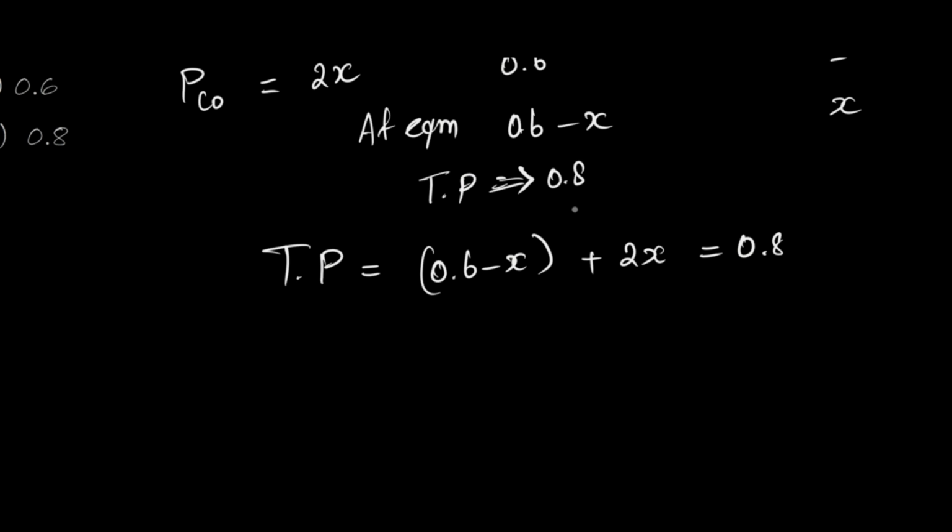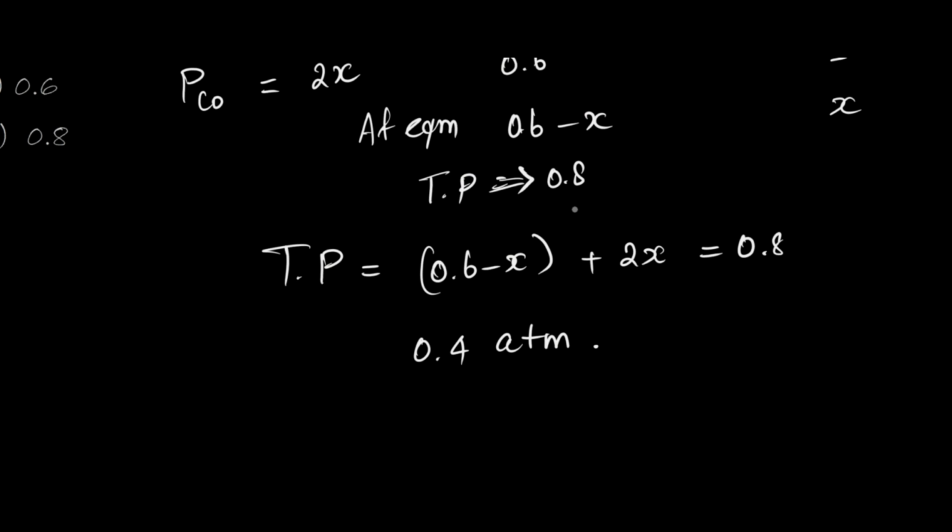So just find out the X. As simple as that. Just do the calculation part, so you will end up with X equal to 0.2, and 2X becomes 0.4 atm. Okay,